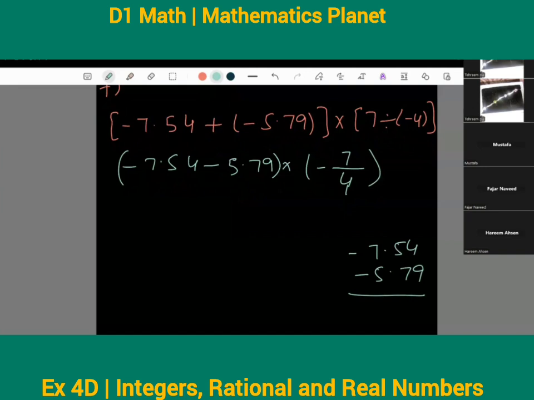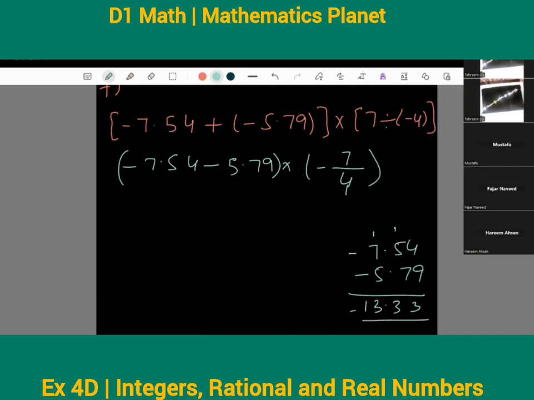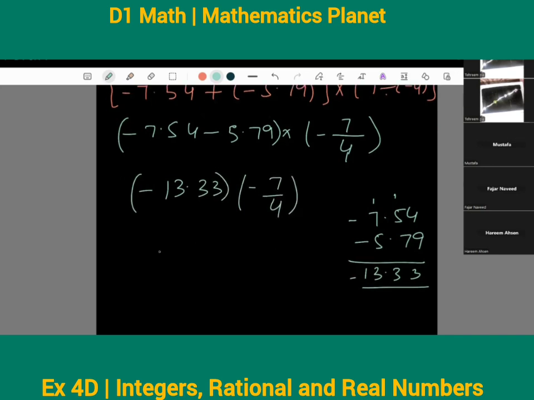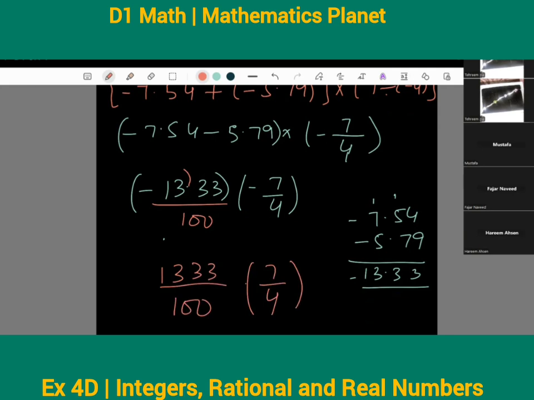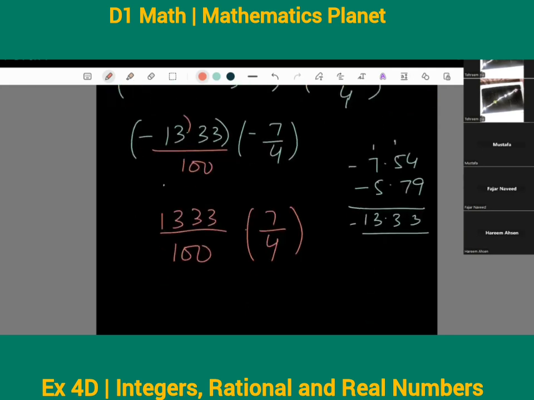अब ये जो दो माइनस वाले हैं ये हमें आसानी से करना आते हैं। -7.54 -5.79, माइनस माइनस प्लस होता है। 9 10 11 12 13, 3 1 carry, 7 8 9 10 11 12 13, 3 1 carry, 7 8 9 10 11 12 13, so you get 13.33 with the sign of negative, -13.33। और यहाँ पे -7/4 हो गया। ठीक है, माइनस माइनस प्लस हो गया। डेसिमल खत्म कर लेते हैं, क्या आ जाएगा? डेसिमल खत्म किया, नीचे 100 आ जाएगा। तो 1333 डिवाइडेड बाय 100 मल्टीप्लाई बाय 7/4 हो गया। अब बच्चों सिंपल कैंसिलेशन करनी है, वो आप लोग कर सकते हैं। सो लेट्स डू द कैंसिलेशन पार्ट नाउ।